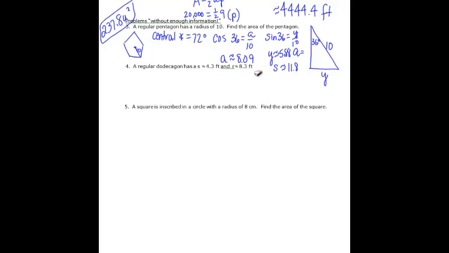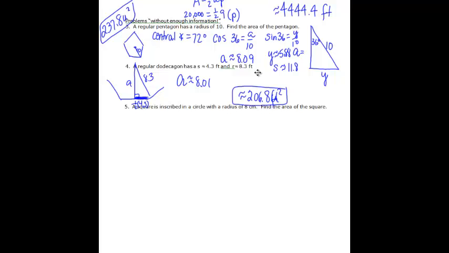A regular dodecagon has a side length of approximately 4.3 feet and a radius of approximately 8.3 feet. In this case, I can use the Pythagorean theorem to get the apothem. If I zoom in on this, here's my dodecagon, my apothem's going like this. I have a radius of 8.3 and a side length of 4.3. Well, I basically want to use just half of that 4.3 to represent this length here to get me the apothem. I would get the apothem as approximately 8.01, and if I use that in my formula, I should get an area of approximately